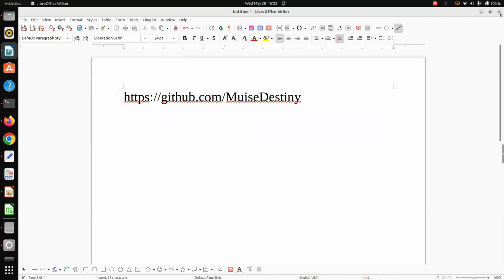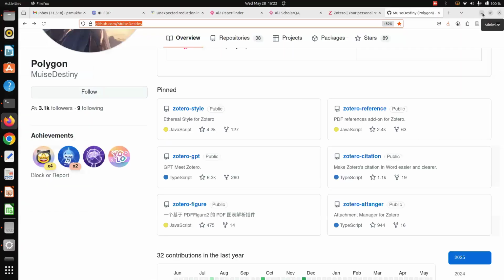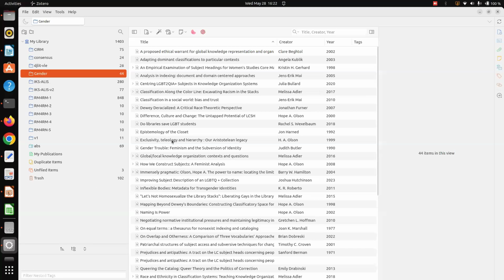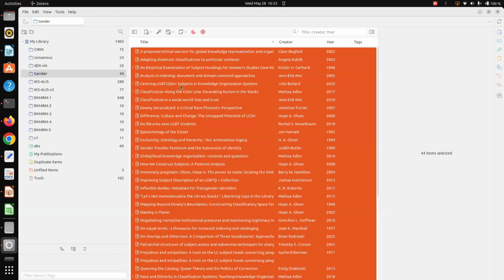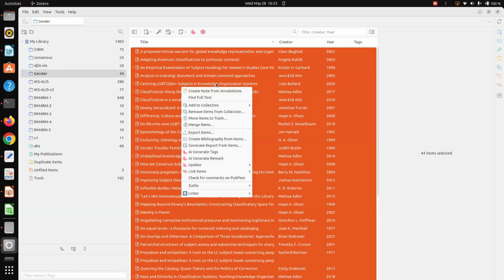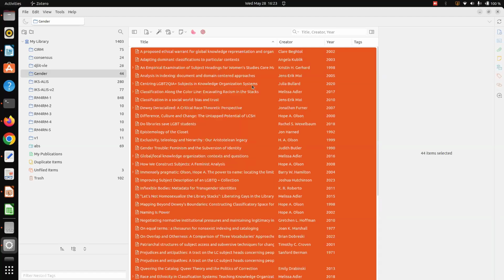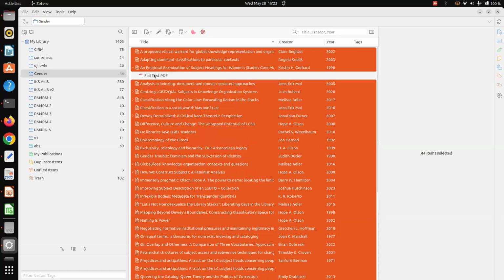Okay. So let me show you first Zotero Reference, and how it can help me. For example, if I select these 44 references, Zotero allows me to collect the full text of the papers through Find Full Text. I already ran Find Full Text, so whatever papers are available in open access, bronze, green, or gold open access, it will fetch that record and connect it. So I already have some of the full text papers.